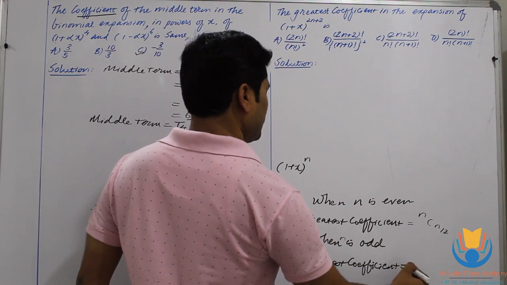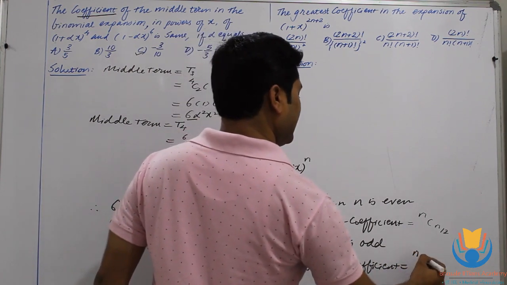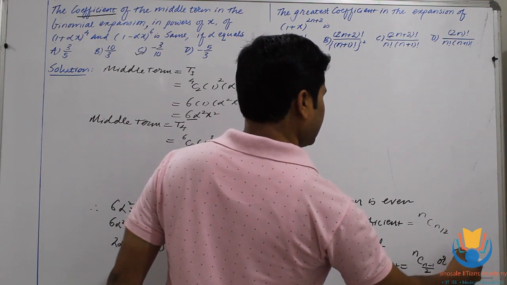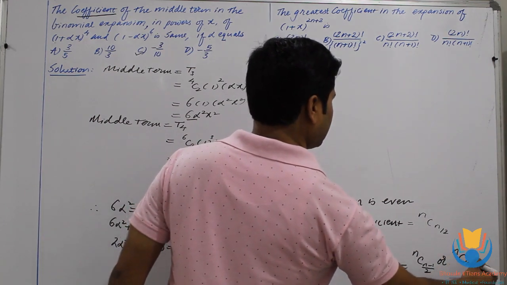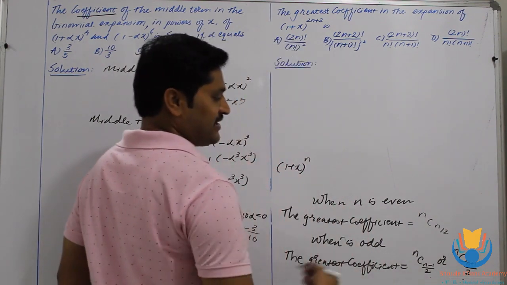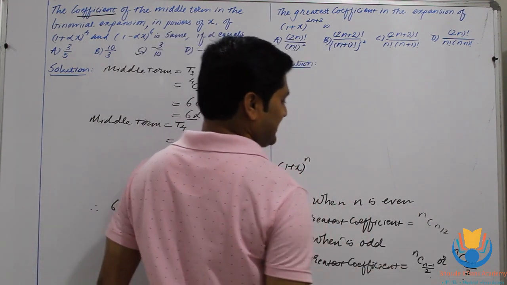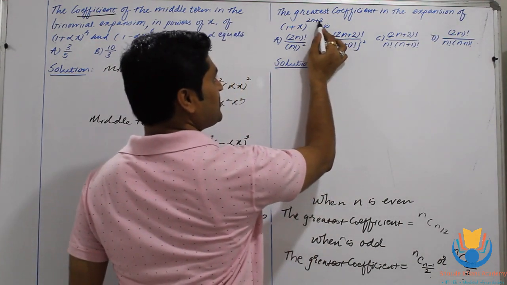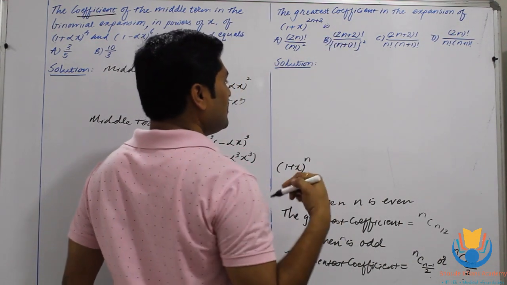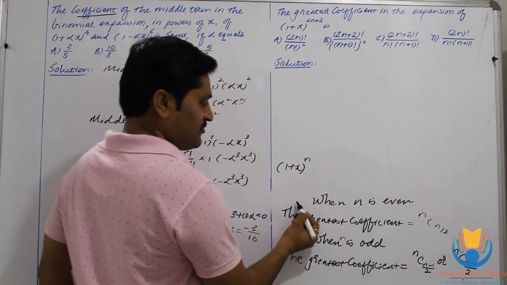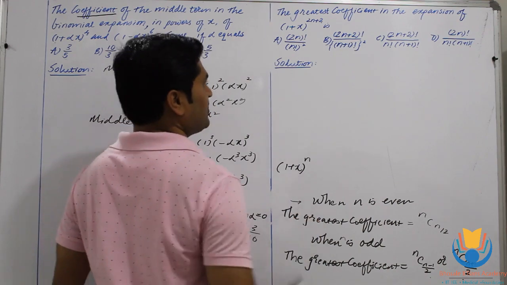So here the greatest coefficients will be either nC((n minus 1) upon 2), or nC((n plus 1) upon 2). As the values of those two will be equal, we can take one of those two combinations as the greatest coefficient. Now as you can see clearly, this 2n plus 2 is always an even natural number, so let's use this first formula here.